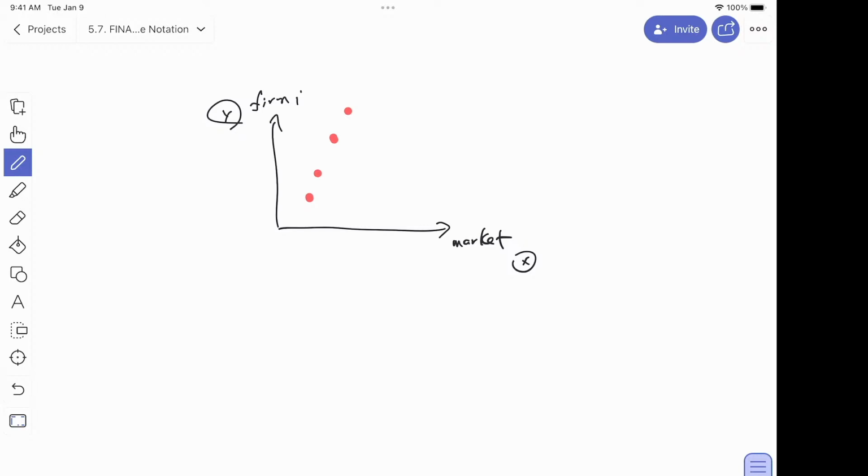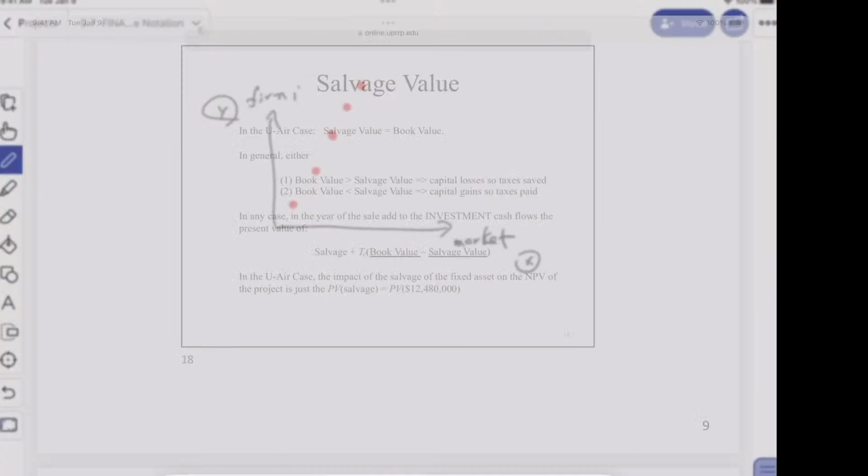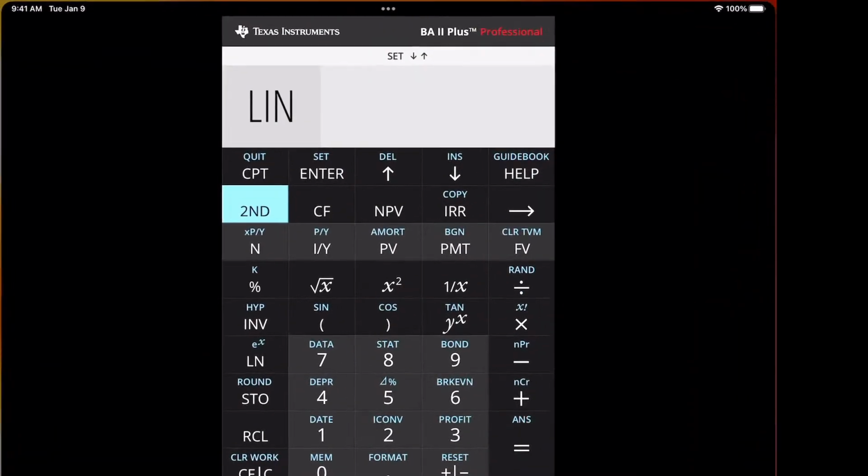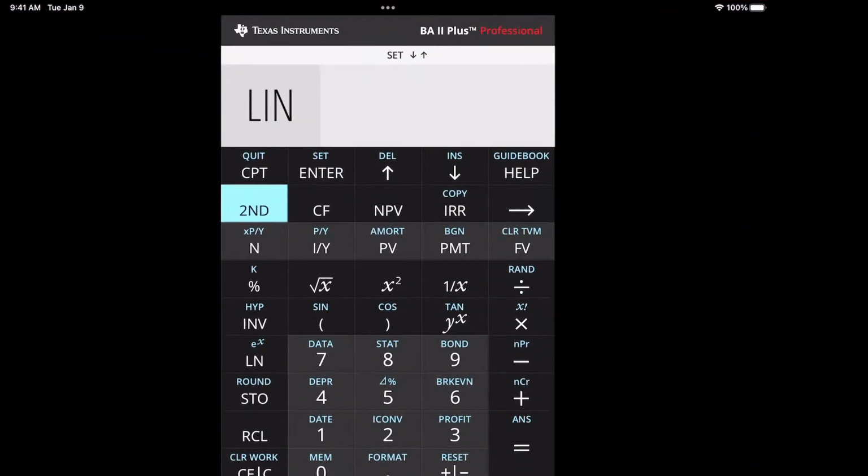And what do we know about that line? So these are the values, right? There were 5, so I got to do one more. So let's see in our calculator what that line looks like. To go through Lin, use the arrows to go down, and it tells you 5 observations, arrow down. It tells you the mean of X, the standard deviation of X, and this, what is the third one?